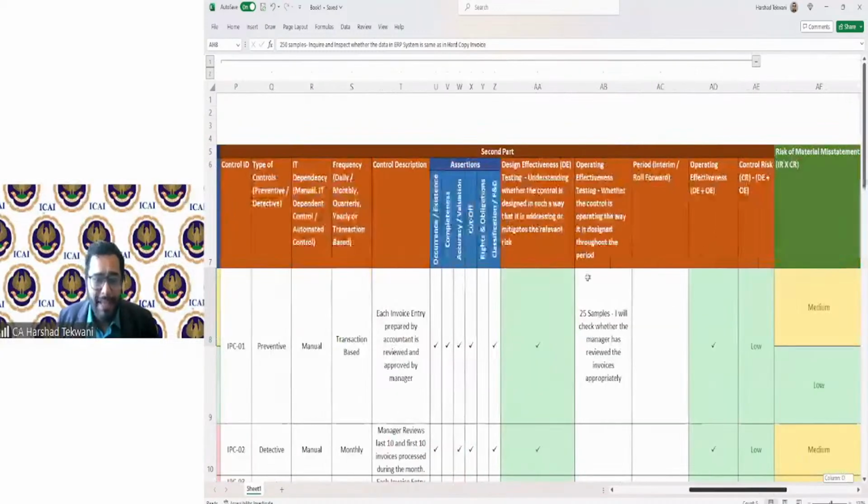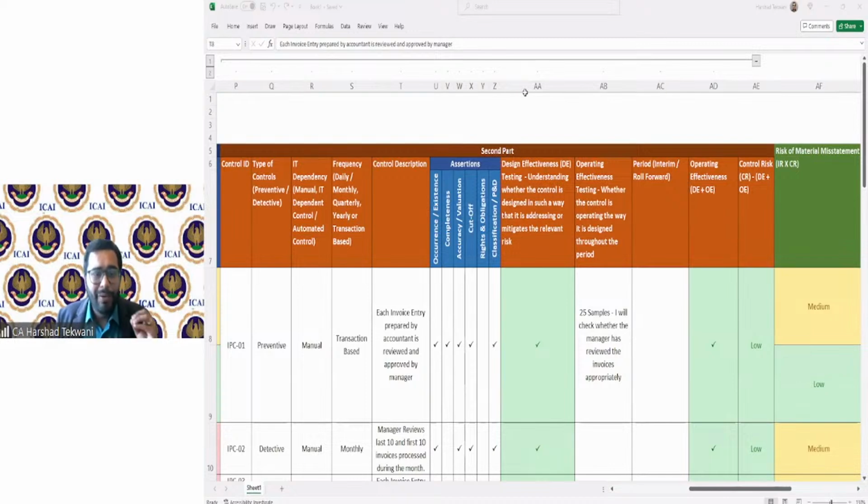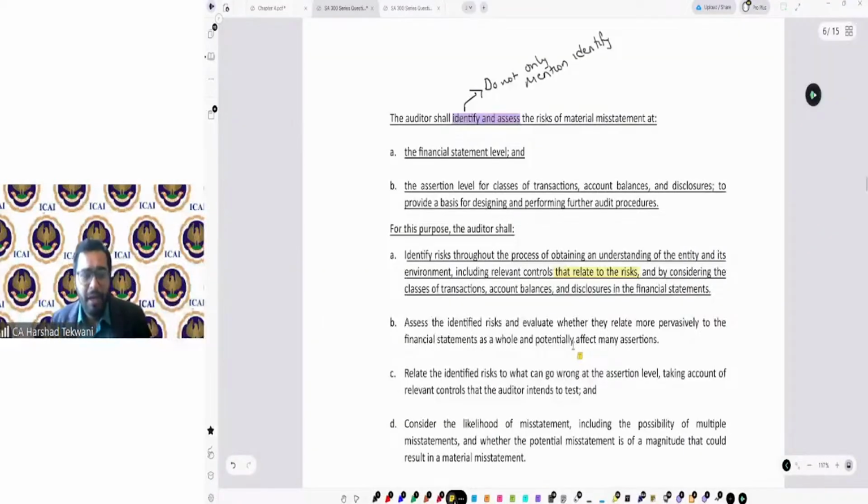It is not like that this is for all the risk. No, this control is for specific risk. This control is addressing specific risk. So that is what we are trying to say, that we have identified the risk throughout the process of obtaining an understanding of the entity and its environment, including internal